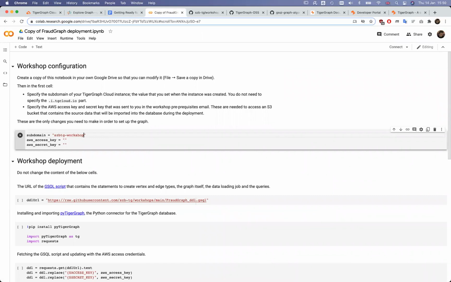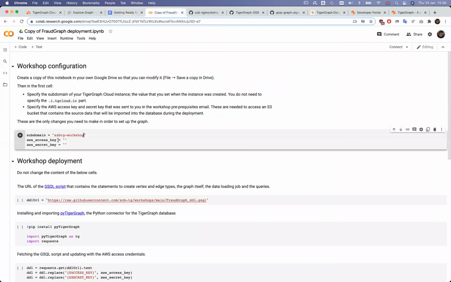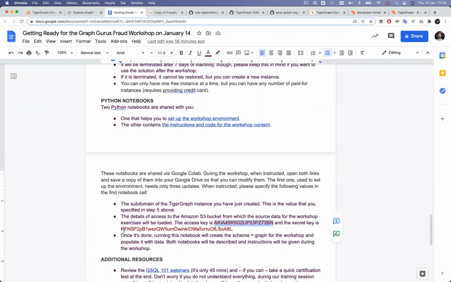The next 2 things that you need to specify are the AWS access key and secret key. These you can also find in the email. Let's copy paste these. Make sure that you select only the dark red part. Let's copy the access key here. And let's copy the secret key to the other one.